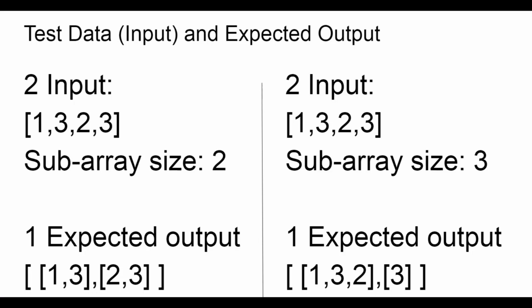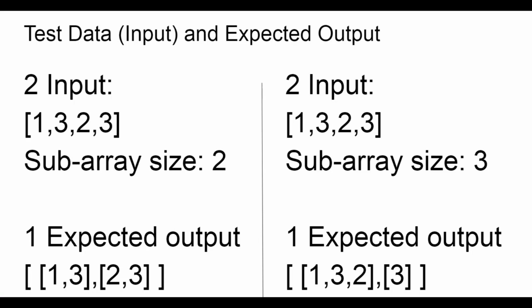The first test data, we have two arguments. The first argument is an array with 4 elements, while the second argument will be the subarray size, which is 2. After you pass in these two arguments to the function, the expected output will be as you can see here. There will be one array. Inside the array, there will be another 2 subarrays. The first subarray will have 2 elements, 1 and 3, while the second subarray will have another 2 elements, 2